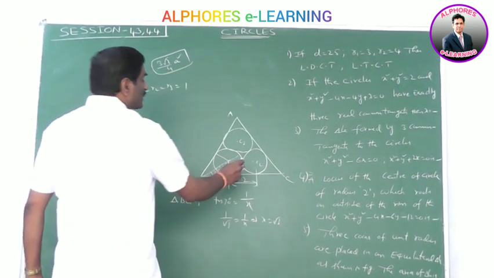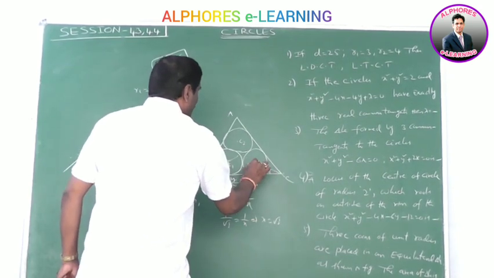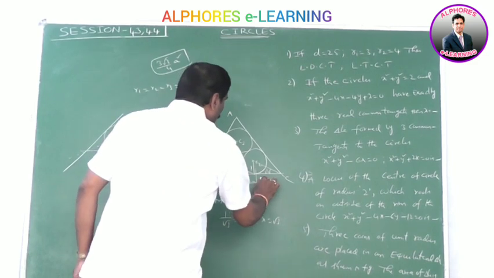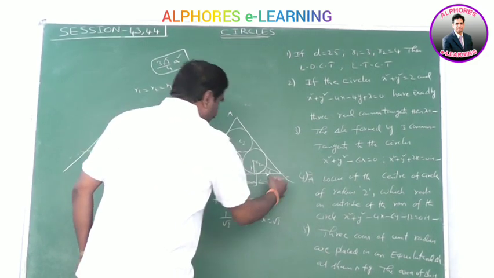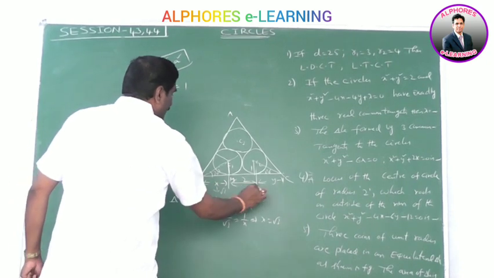Similarly, this also lies on the angular bisector. This angle is also 30 degrees and this side is 1 unit. Similarly, this value is also the same, x, or you say y. Y is also root 3. This is root 3, this is root 3.